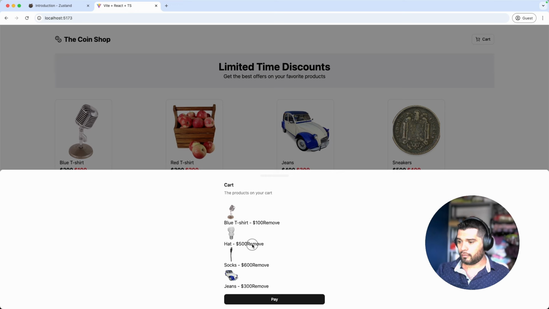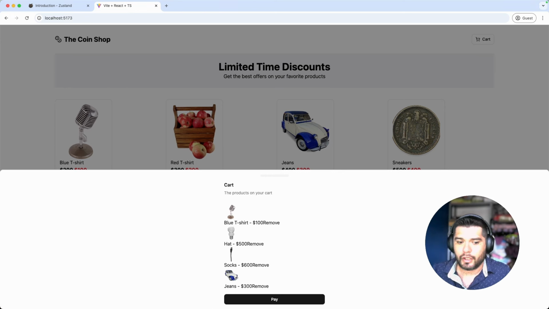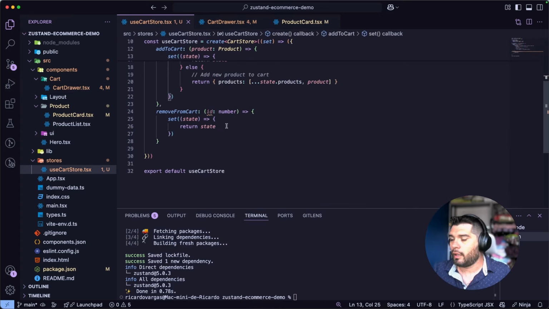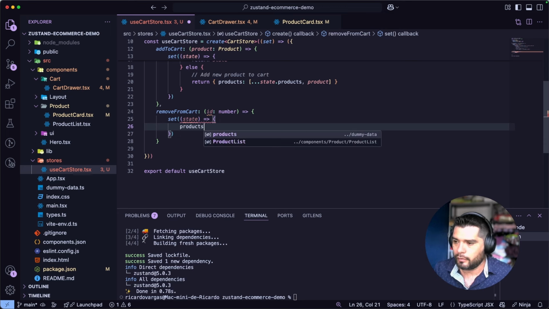Okay, it's not working. Let's see why. Oh, I know why. We need to create the logic to remove it. Okay, as I mentioned, this is the previous state. Let's filter it with the ID. So products